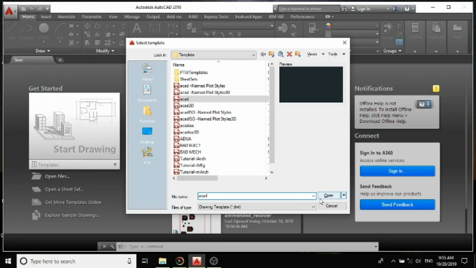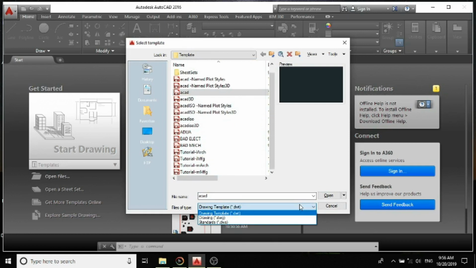So this is the basic AutoCAD template. You don't need to worry yourself with this, but you can notice from the file type that it says am I to open a DWG, a drawing template, that's DWT. An AutoCAD project is DWG. An AutoCAD standard is DWS. But ordinarily, as a novice, you don't need to worry about this. So just click